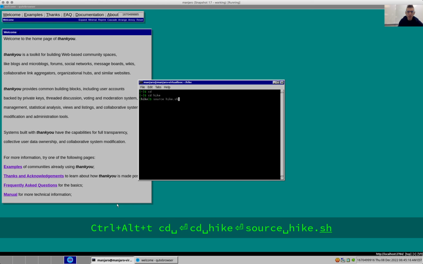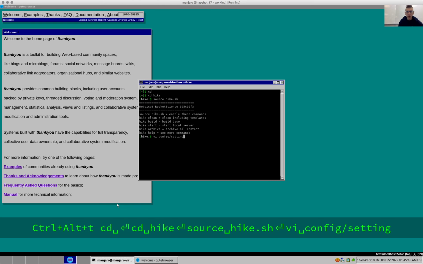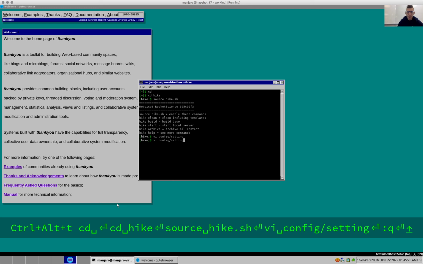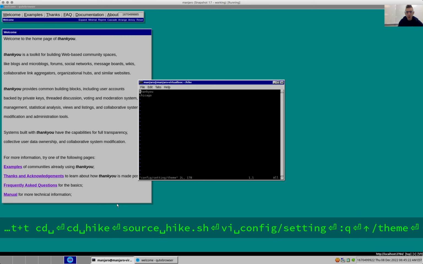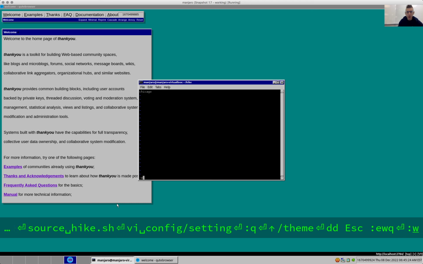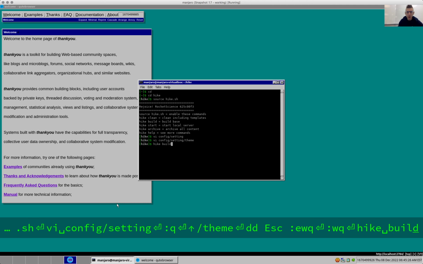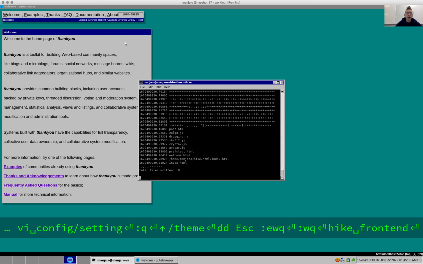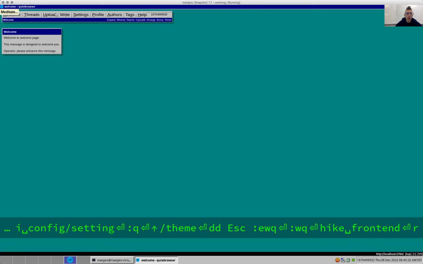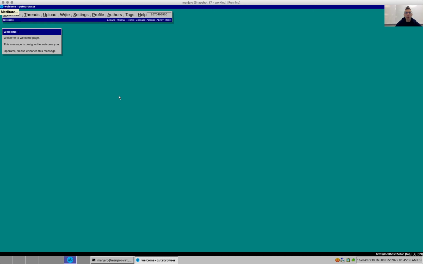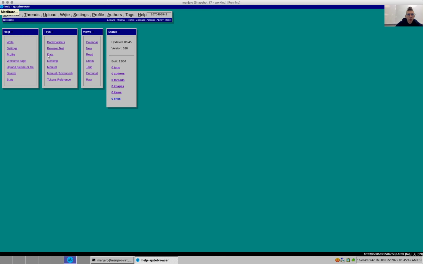Theme. I'm just going to switch it to the default theme and just rebuild the front end so that we have the regular menu with the right and threads. And the other thing I'm going to do, well, actually I've done it already, but I just want to demonstrate it, is I'm going to go to the bookmarklets page,